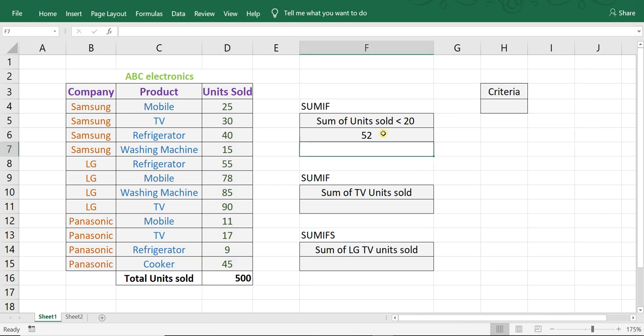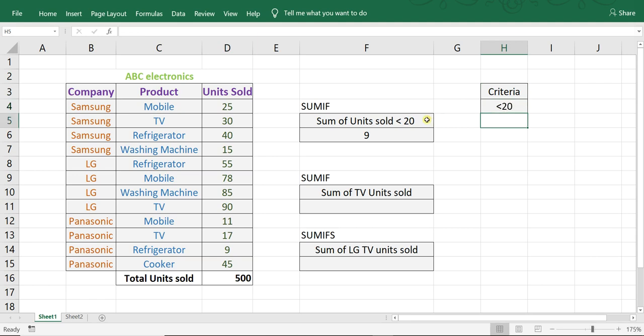Suppose I want to change the criteria, so again you need to go back here, double click and change the criteria as 10. Otherwise you can simply write the criteria somewhere else in another cell and take the reference as this cell. Suppose I mention here 20, so I need less than 20.